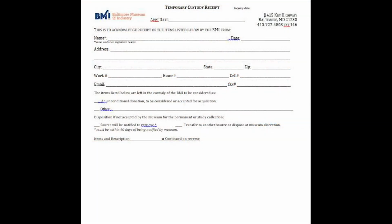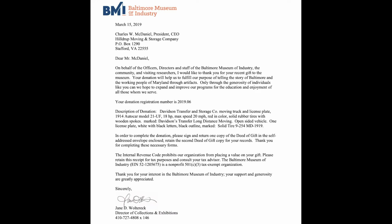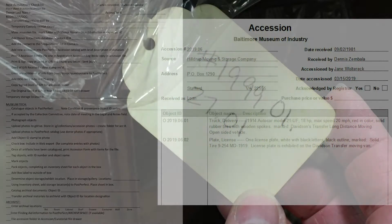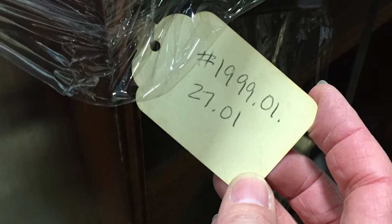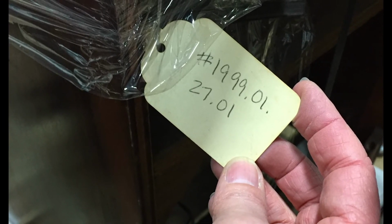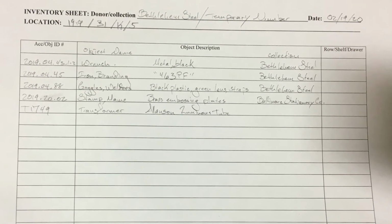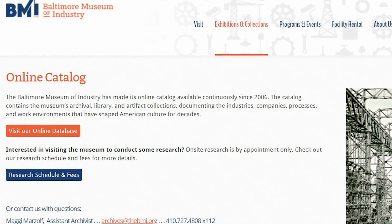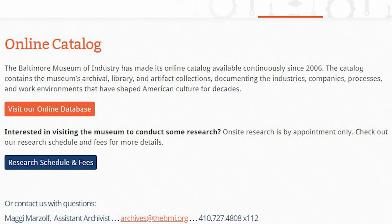Before objects can go into storage, many preliminary steps must take place. Nearly all of the artifacts in the collection have been donated to the BMI, so objects are processed by first providing documentation to the donor for their gift. The donor is assigned an identification number, which we call an accession number. This number is applied to every item in the donation with a permanent mark or tag and added to an inventory sheet. The artifact is photographed and cataloged in our collections management database. Lastly, the artifacts are listed on an inventory sheet before being boxed and added to a storage shelf. Many artifacts, photos, and archival collections, as well as our library holdings, are available to view through our online database